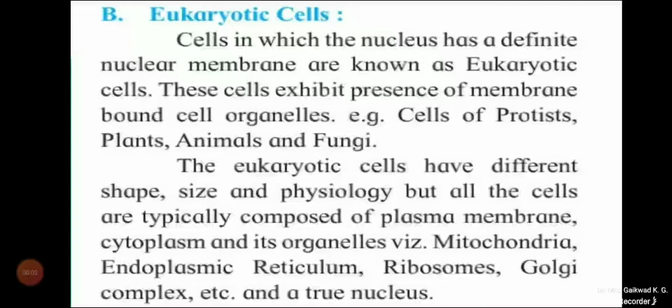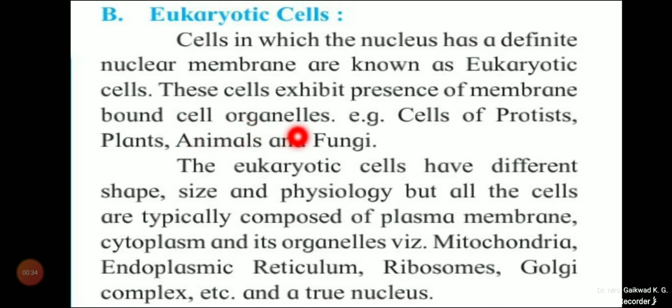Eukaryotic cells are the cells in which the nucleus has a definite nuclear membrane. Eu and karyote, karyon means the nucleus. So whatever cells have a definite nuclear membrane are called eukaryotic cells. Here, the eukaryotic cells have different cell organelles, all